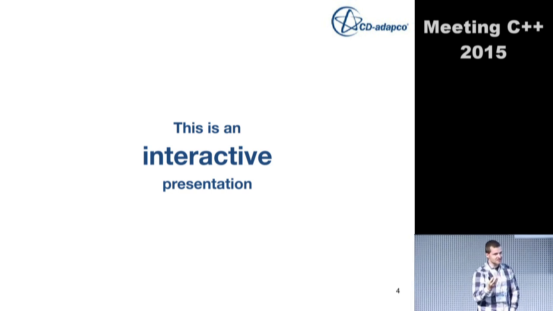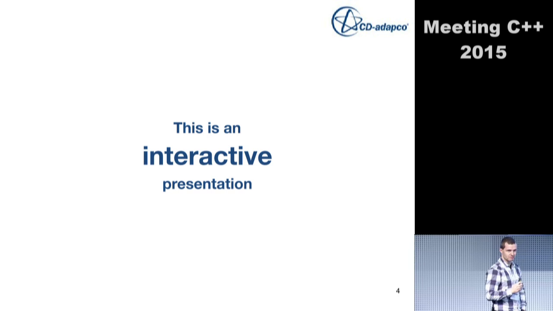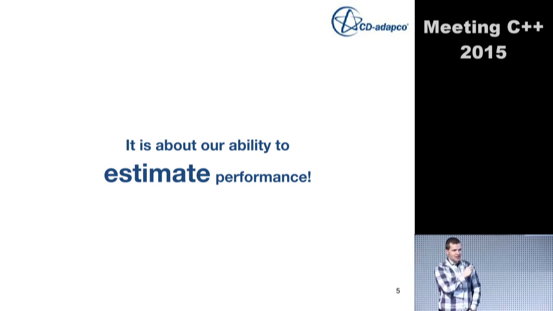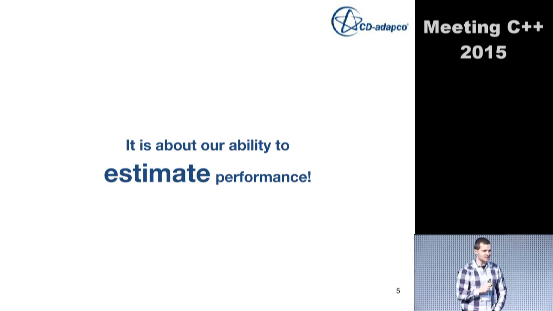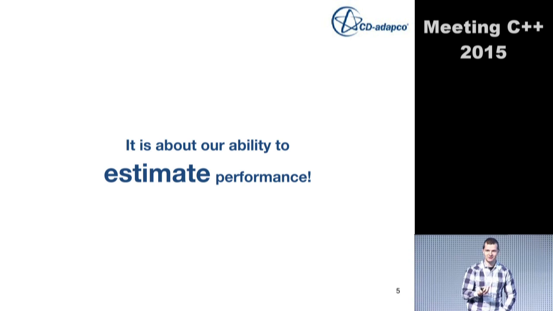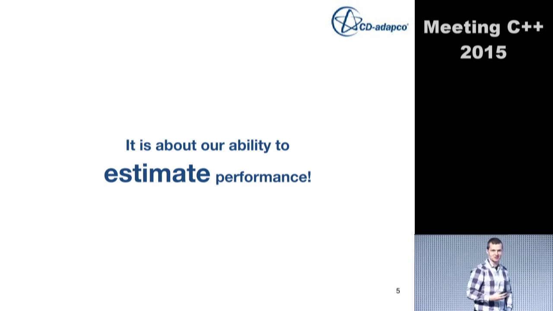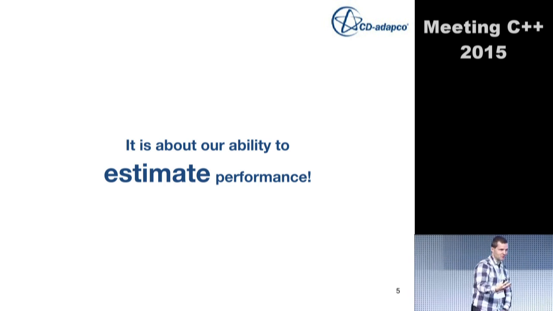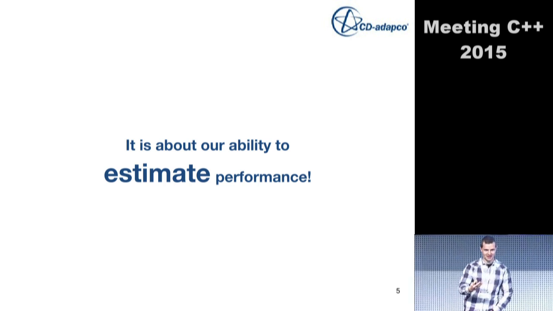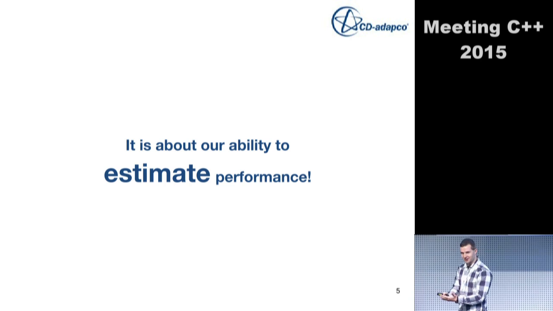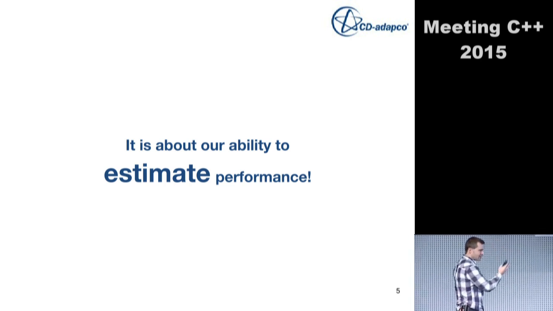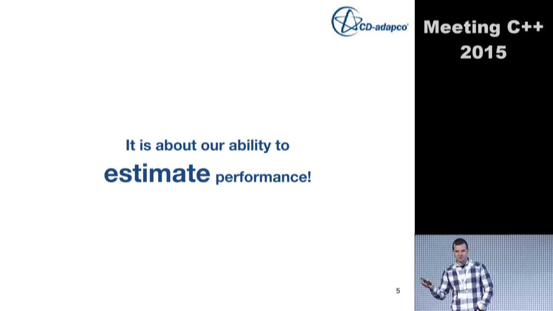This also is about estimating performance. You usually have a gut feeling, okay, this is fast, this is not so fast. But unfortunately, our gut feeling is not the most exact one. It fails us more often than it's actually leading us to good performance. So this is why you will be estimating performance. You will train this feeling, you will get a feeling, okay, is my gut feeling good or is it not so good?